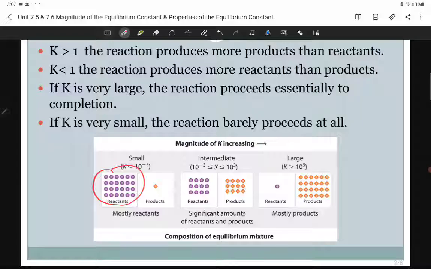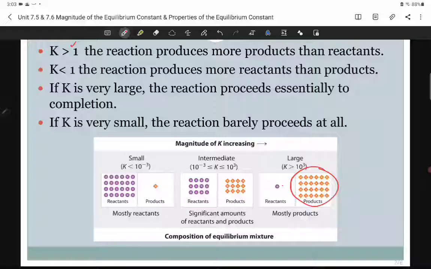Over here, K is large. I just said greater than 1 here, but I made it a little more extreme. And again, these are not really cutoffs. 10 to the third is just an arbitrary cutoff. But at large Ks, almost all of the reactants become products. Now, we'll quantify this as we get further in Unit 7. We're not quite ready to do that yet. But at the end of the day, again, K being large, you're going to be able to observe lots of